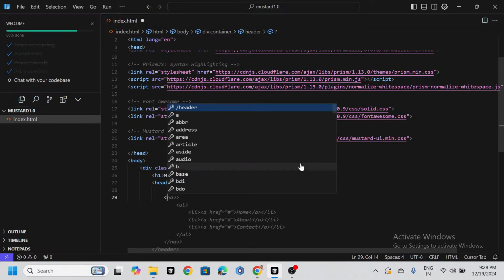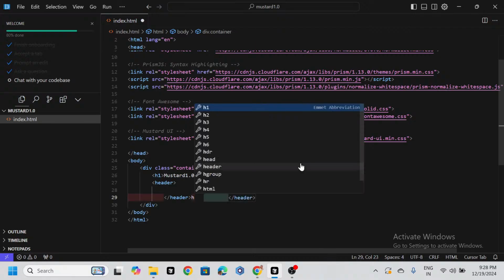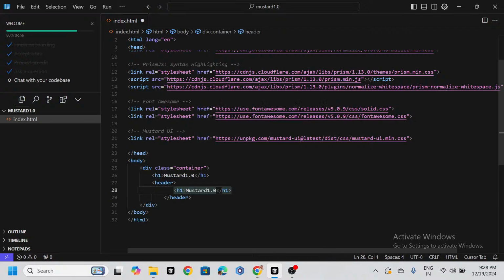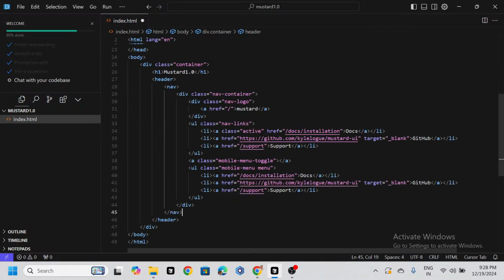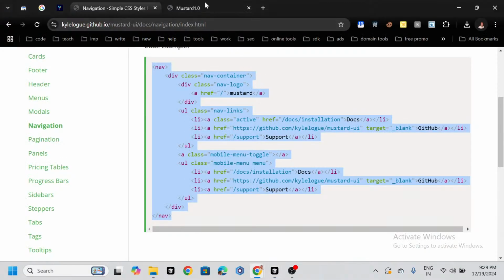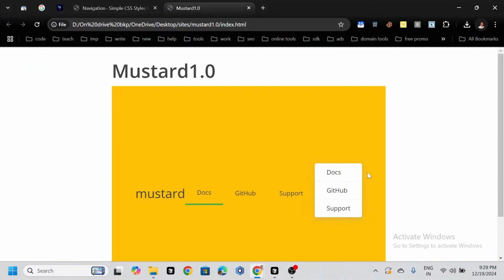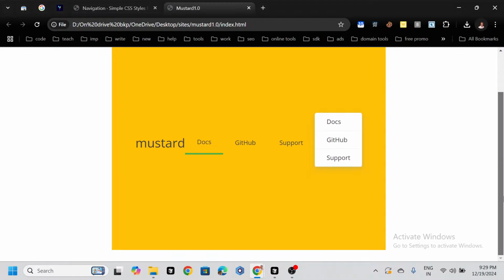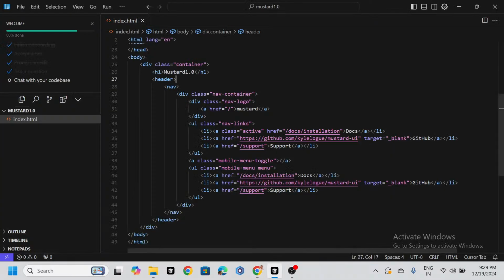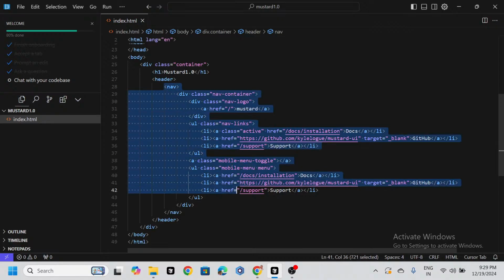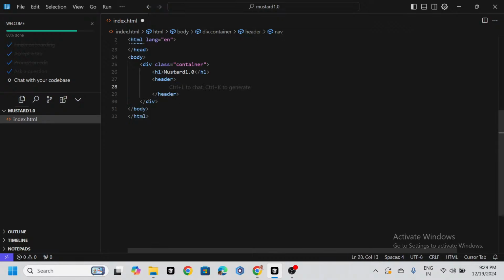Then we close the header, and inside that, we can create more rows and columns. But here I'll just paste the navigation bar, and you should be able to see a beautiful navigation bar appear here. As you can see, we have a navigation bar. But because this is behaving oddly, I will just do a div.row,